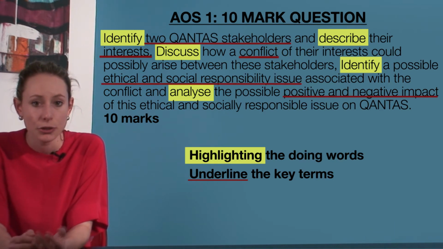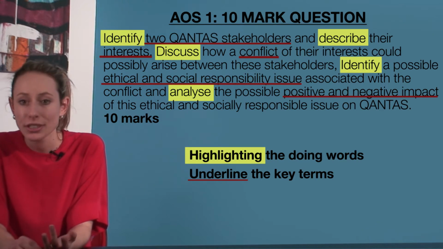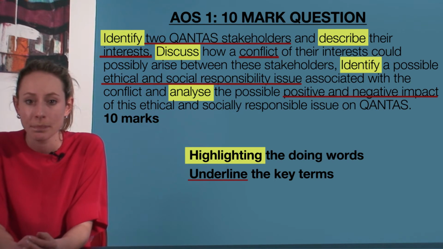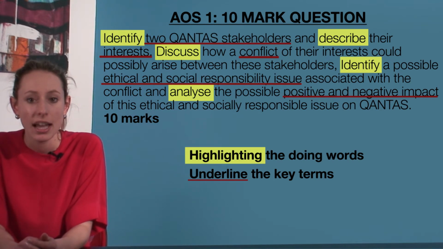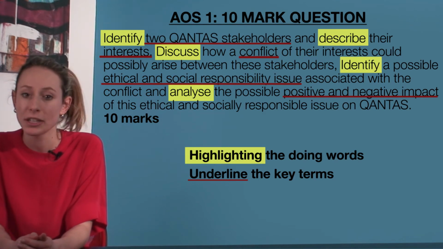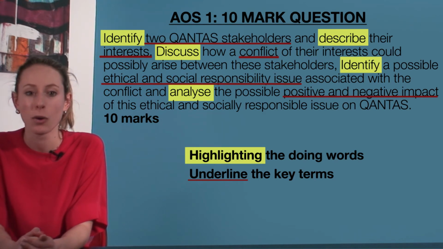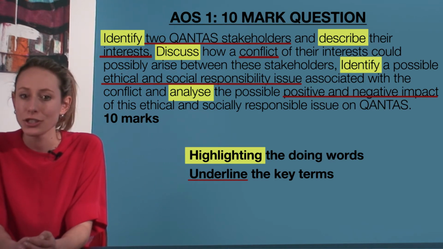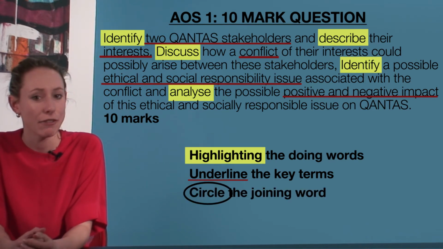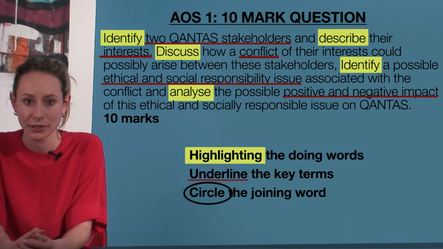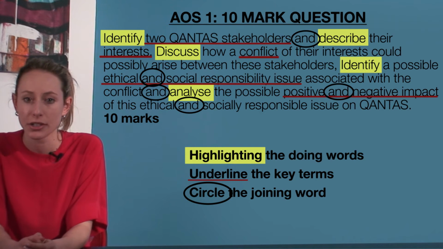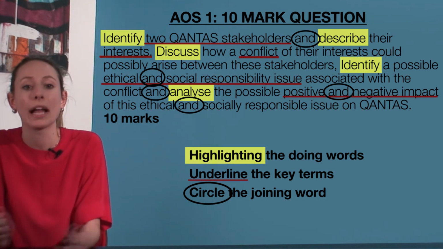These include two Qantas stakeholders, interests, conflict, ethical and social responsibility issue associated with conflict, and positive and negative impact. Each of these words or phrases should be addressed within your response, as they will form the foundation of the marks awarded. Finally, students should identify what the joining word is, if any are present, by circling it on the page. In this case, 'and' is the recurring joining word, meaning that students must address all areas of the question